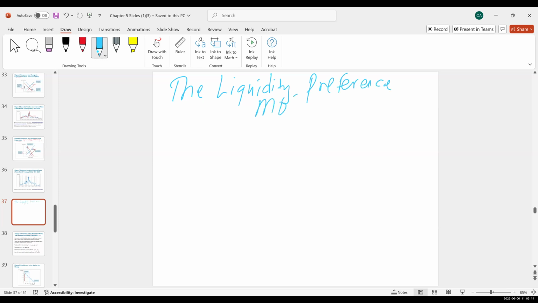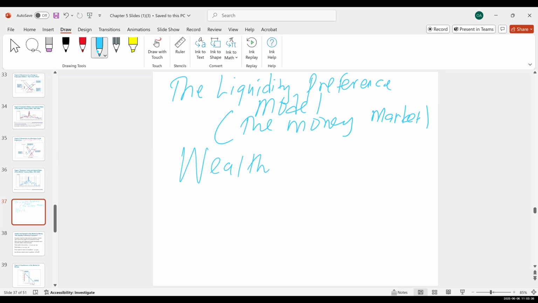Or the liquidity preference model, if you want to call it a model or theory. So this is basically the money market. When Keynes developed his model, he developed a very simple model. He argues that people hold their wealth by either holding money or bonds. It's a very simple model because when you're holding money, money does not pay you a